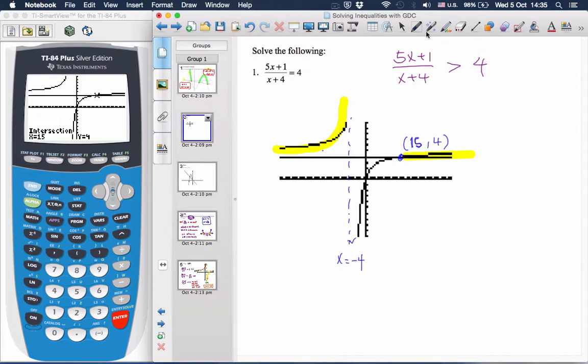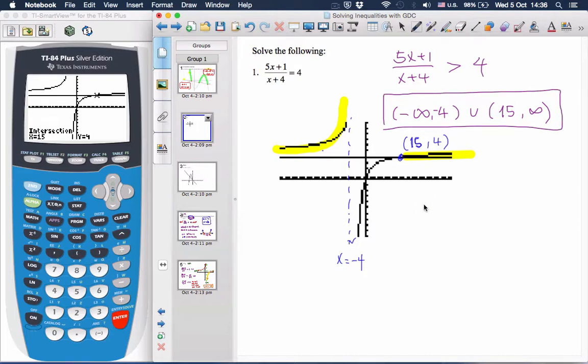When x is greater than 15. So that will be from -∞ to -4, and that's a union, 15 to +∞. And if you wanted to not use interval notation, you can write x is less than -4 or x is greater than 15,